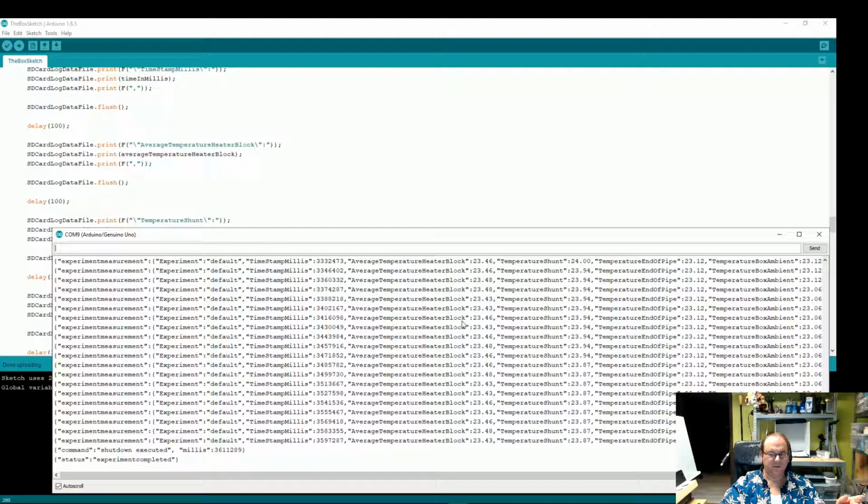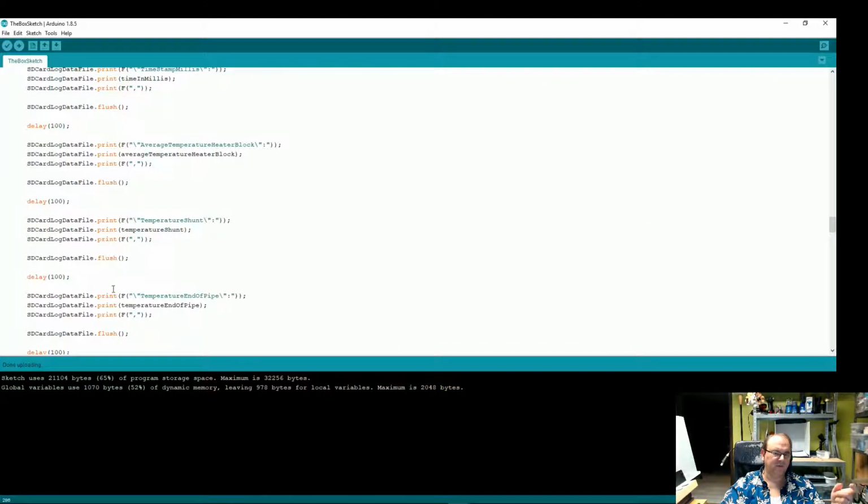For example, this text could suddenly be missing in one of the rows, and this could be missing down here. But when I put in this structure where I print, flush, print, flush, print, flush,